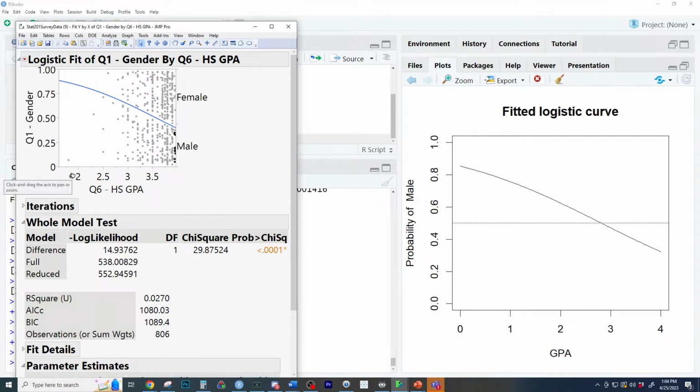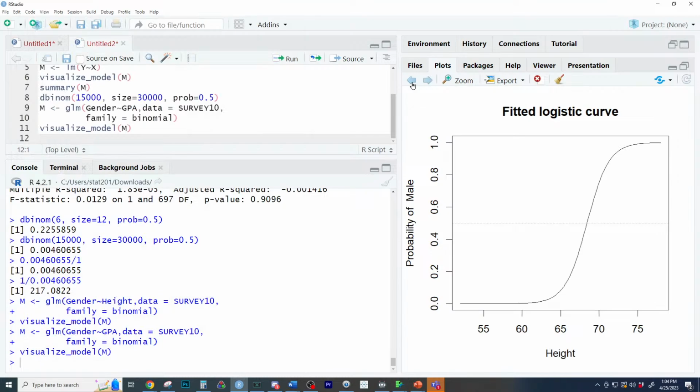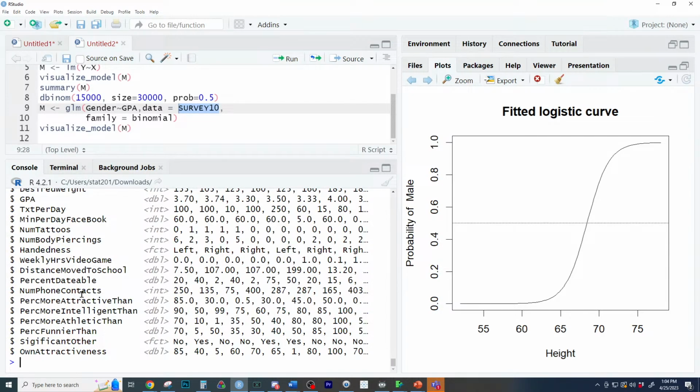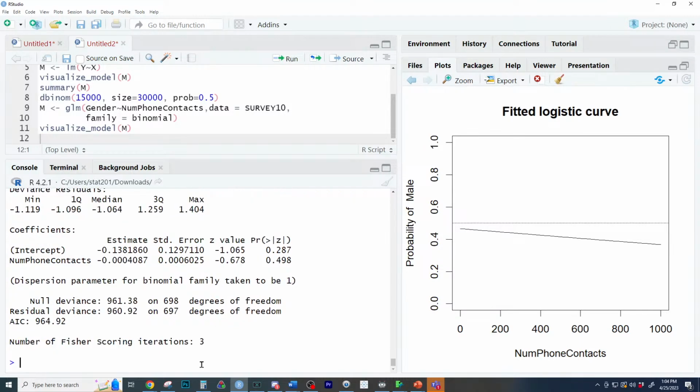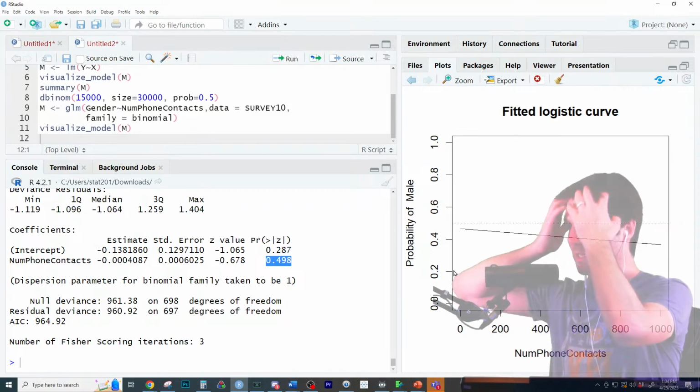And if we go to 0, well, it doesn't show it on this graphic. But if you notice, it kind of flattens out as you go over, and you can see the S-shaped curve, but easier when it's a stronger relationship, i.e. more statistically significant. But if you do something like, what is a variable that's not going to show us really much of anything? Glimpse. Do I have glimpse on? Good. Something like cell phone contacts, probably not a strong relationship, so it's going to be a more flat model. And that's what you see right there when the relationship in the model is not statistically significant, a much flatter model.